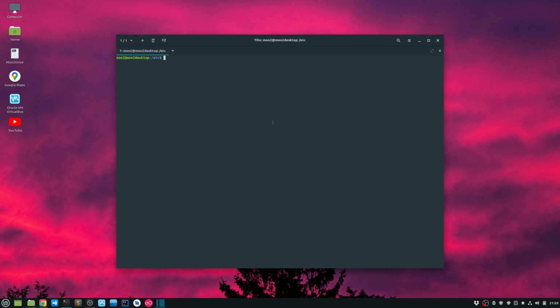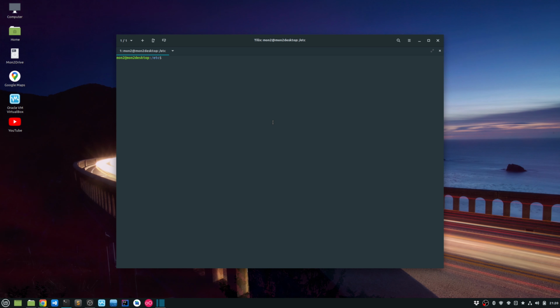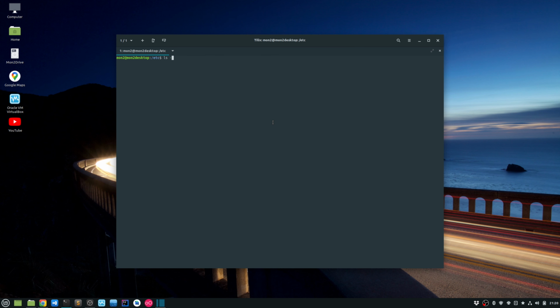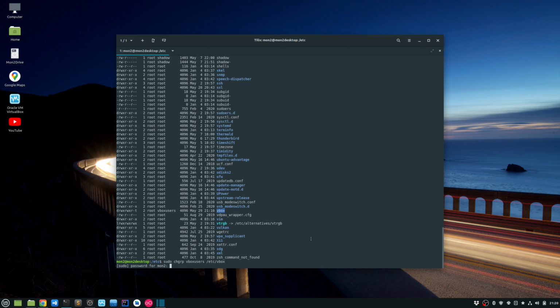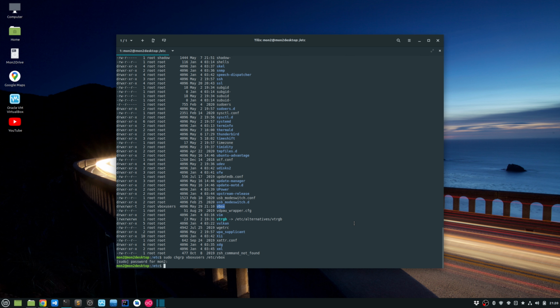And you also need to make sure that the vbox folder that you created has a correct default group. So over here, if I do ls -la, you can see that the default group for our vbox folder is vboxusers. So if that's not the case, you need to make sure that you set the correct group, and you can use this command to set it correctly. It's sudo chgrp vboxusers /etc/vbox. And while we are there, we also need to make sure that the folder has the correct permissions. So I'm going to say sudo chmod 1775 /etc/vbox.